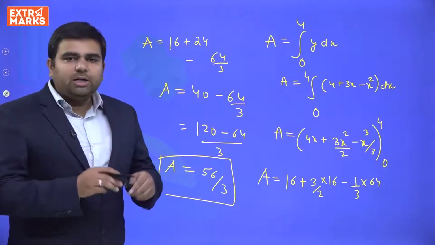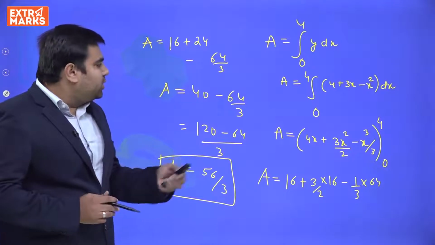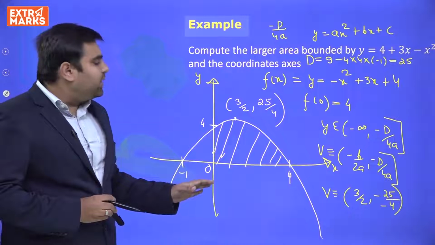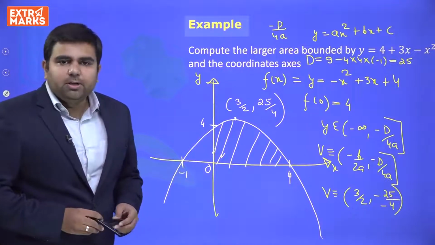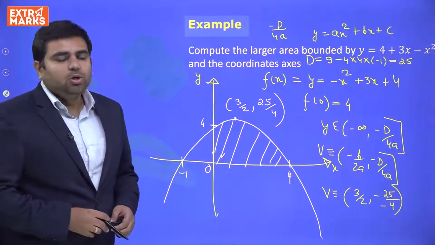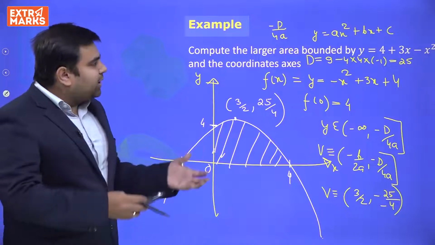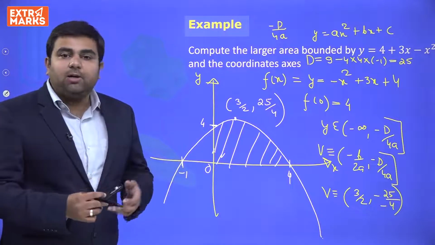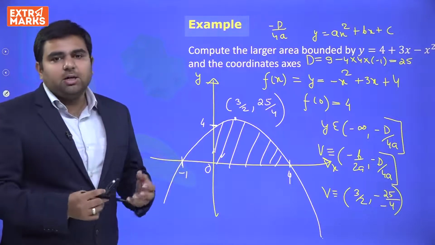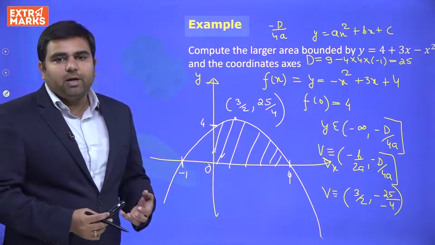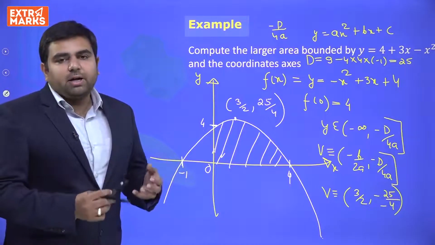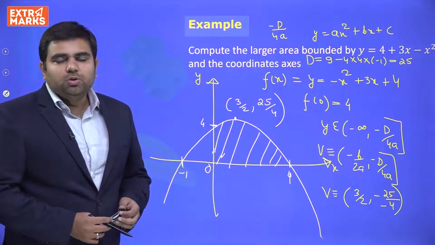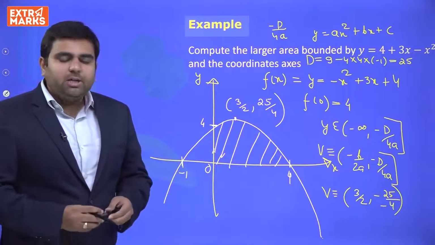I hope this is quite clear to each and everyone, and this was a really easy problem. The only thing which we need to ensure is to plot the correct graph, because if we plot the correct graph, then we can definitely calculate the required area very easily. In each and every question of area which comes across us, we need to plot the curve very, very accurately. Once we can get the curve, we can easily form the expression of area, and then we can easily get the correct answer for any problem which has been given to us. So this was the solution of this particular problem. Let's move ahead.